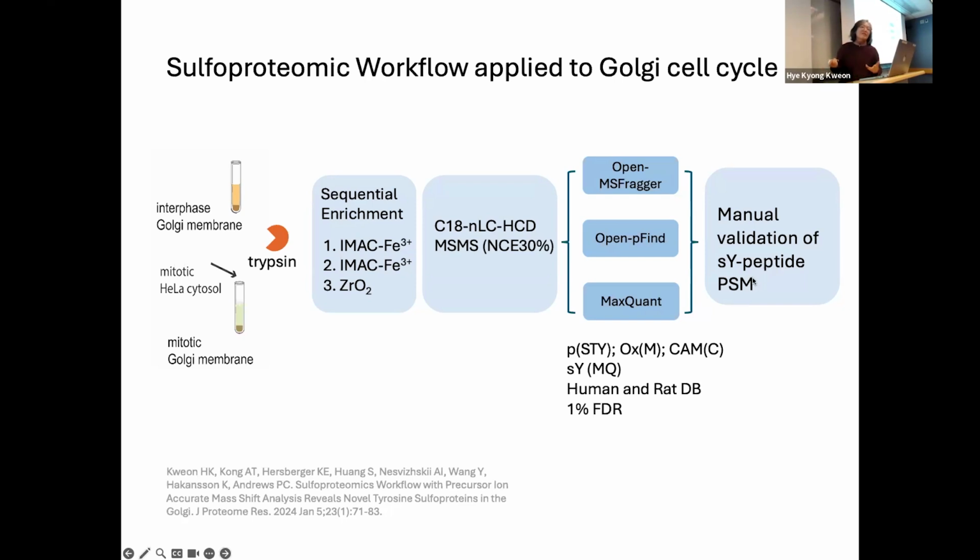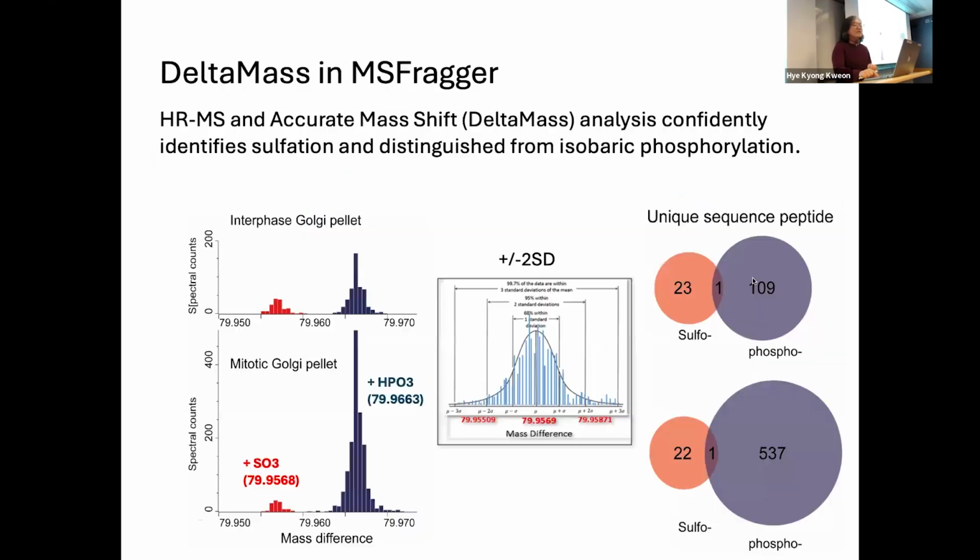So a lot of manual validation work has been done to validate the IDs, and also a rational comparison of 3 different algorithms. Okay, so delta mass. I think, because you're mostly from bioinformatics, you're familiar with